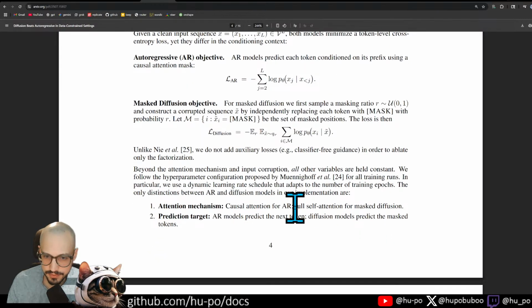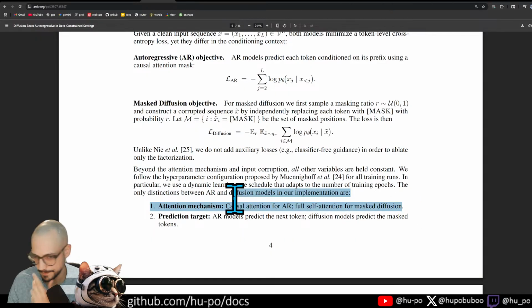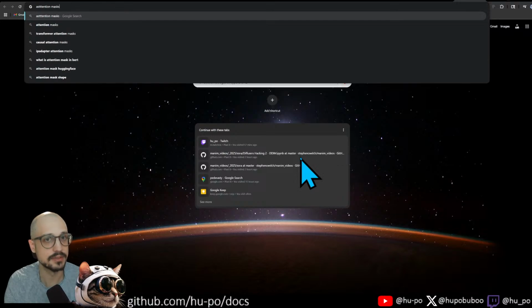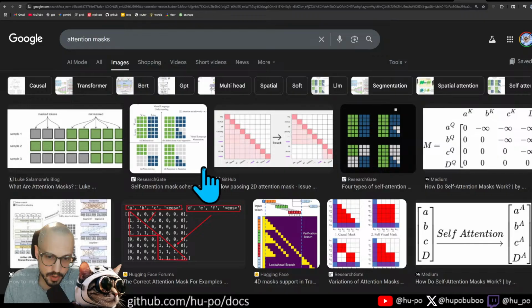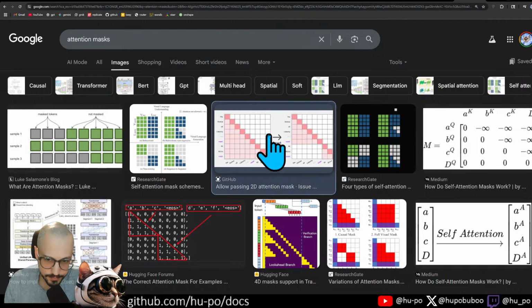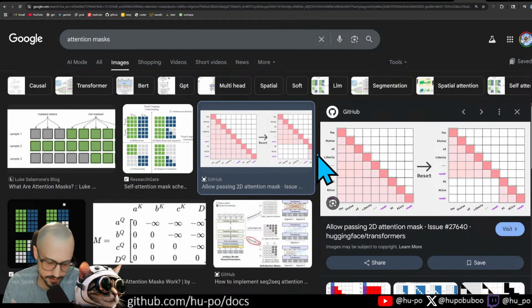Causal attention, full self-attention for mass diffusion. Okay, let's talk about masks for a second. Let's talk about the attention mask. The dirty secret about the attention mechanism is that it's actually a set-to-set algorithm, which means that there's nothing about the attention mechanism that forces you to only pay attention to the words before, right? The attention mechanism just says every single word in this sequence, the Statue of Liberty, blah, blah, blah,